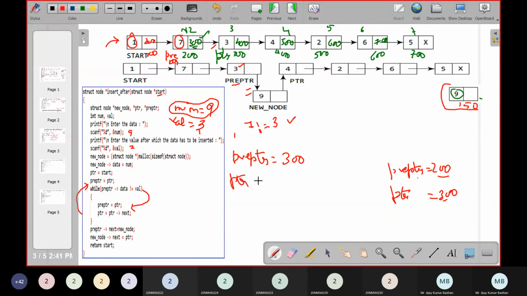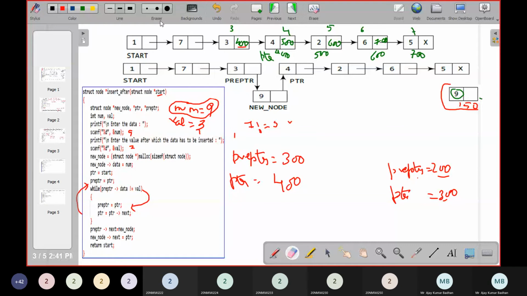And pointer equal to pointer next. So pointer is pointing to which location right now? Node number 3. What is the address we have here? 400. So again there is a jump. So again we are going to jump here. This pointer is jumping to this particular location, 400. And PTR consists of value 300 now. So this also has to jump from 200 location to 300. So pre PTR. And that is the next one which I am showing you here in this particular case. Yeah, this is the one.